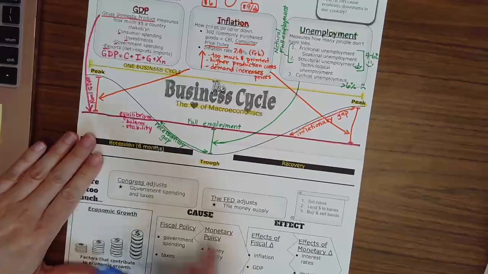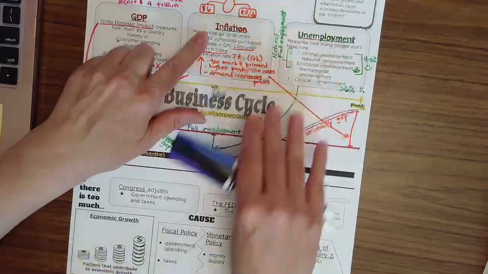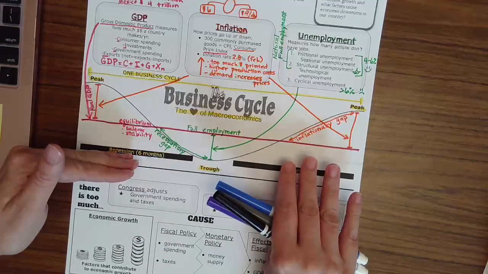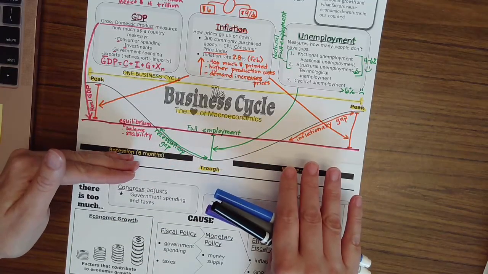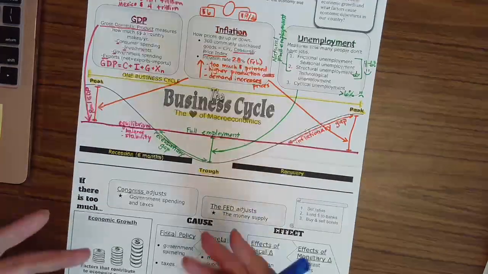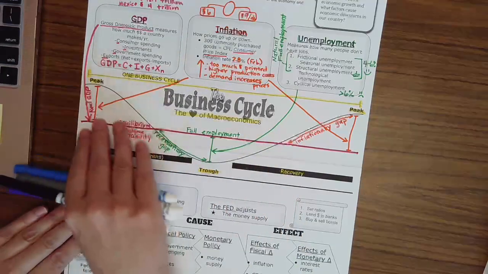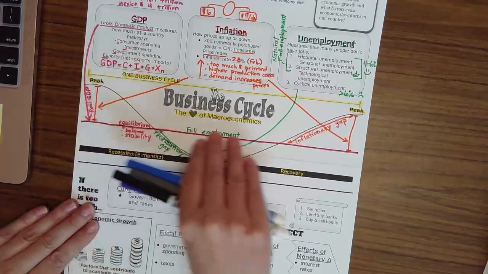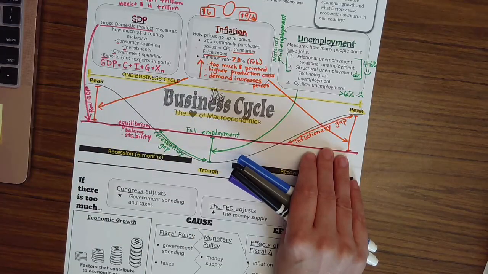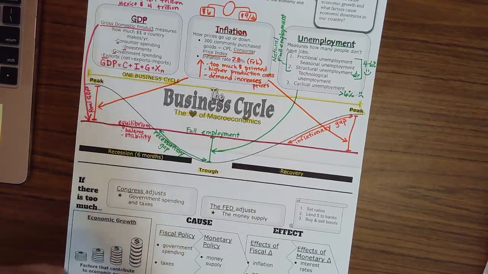So we are going to continue looking at the business cycle. So far we looked at how GDP, inflation, and unemployment affect the business cycle or are measured on it and represented here. But now we're going to look at how the business cycle changes. Remember that we said it's really the government's responsibility to keep things more stable and to try to get it to that equilibrium of full employment and not too much inflation. We don't want hyperinflation. We don't want lots of unemployment. Okay, so we're going to take a look at how that happens today.